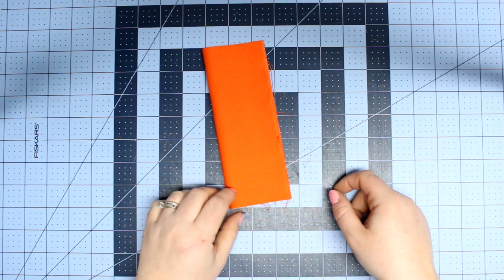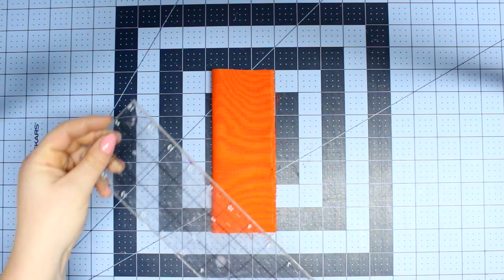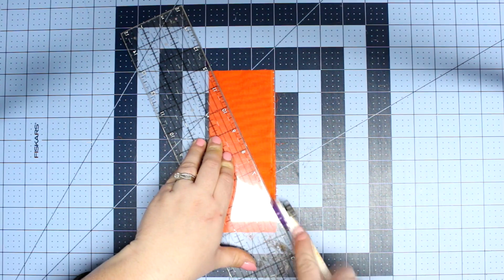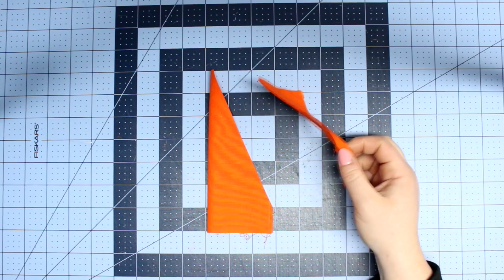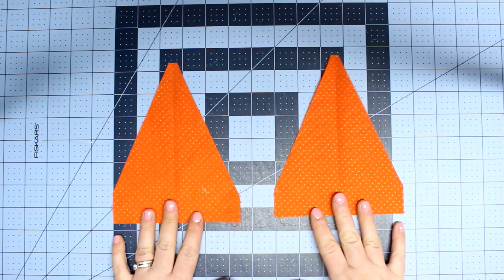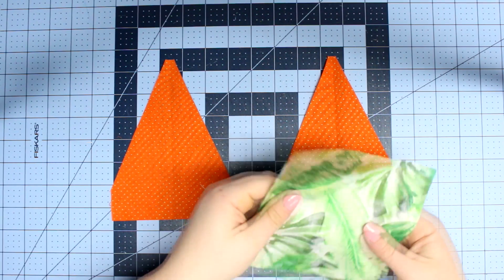So I cut out two of the pieces. Those measurements will be located over at my blog, so you want to grab those first. And then we are going to create the carrot piece of the bag, and I'm just measuring down 1 inch from one side and then slicing down towards the fold. And I did these two pieces both at the same time just to make it easier. And then that is going to be the carrot piece, and then I have two more